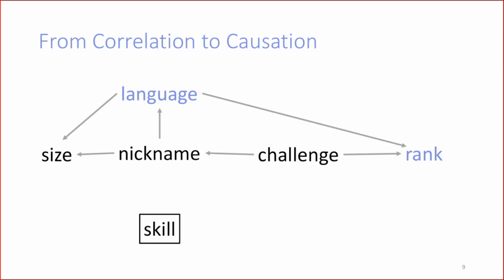And finally, we also introduced in this model an unobserved variable. That's why I put a rectangle around it. Skill. So skill is something that is probably very relevant for determining some of these variables, but unfortunately we cannot measure directly, at least for the data we have available, right? And so we can still put it in the model and then see what consequences it has, right? And so here it's plausible that, for example, different people have different skills. Skill affects the size, and challenge affects skill, and skill affects rank.